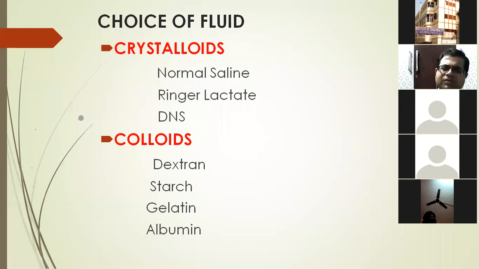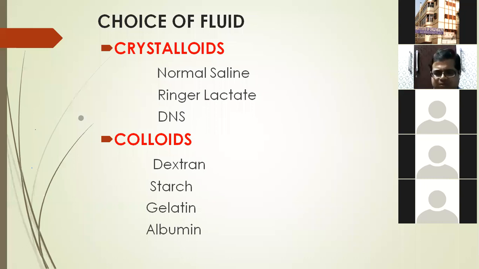Sometimes this hyperchloremic acidosis persists as a persistent base excess in the blood gases. That may raise confusion about whether the patient is having lactic acidosis or not, whether the patient is hemodynamically stable or not. If you have given lots of normal saline and there is hyperchloremic acidosis, you can replace the normal saline with Ringer lactate. But be very cautious when there is pre-existing severe hepatitis or liver disease, because it cannot metabolize lactate. DNS you can give if the patient is very small, a total dengue infant, glycogen reserve is less, oral intake is nil, and there are chances of hypoglycemia or hypoglycemia is occurring. Otherwise you can give NS.